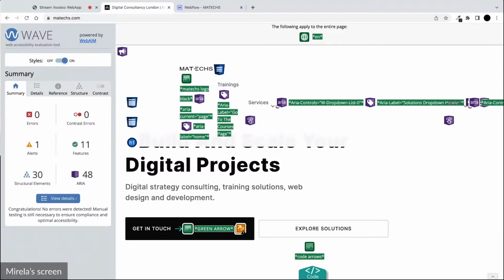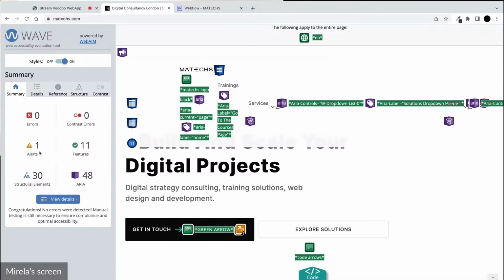As soon as I clicked on Wave, it instantly performed an accessibility test on the current page. In the summary we have an overview of the features it just tested: the number of errors, contrast issues, and potential issues, but it also shows things we've done well, which is always an opportunity to feel proud.